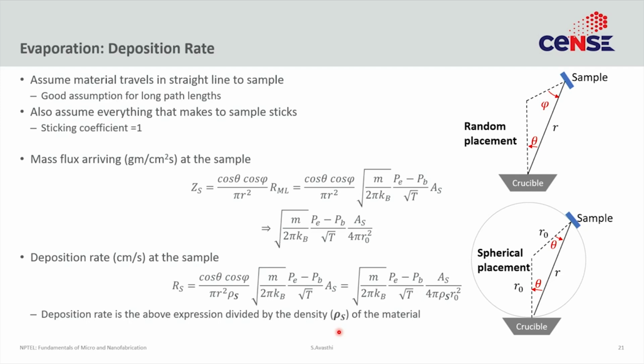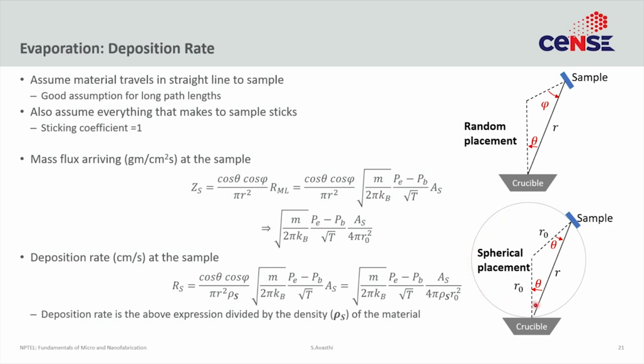A little bit of math on uniformity. Supposing you had a crucible, and for practical purposes assume that the crucible is a point source, and you have a sample mounted a distance r away at an angle phi and a theta. Now the mass arriving flux at the sample depends upon the two angles theta and phi. It depends upon the radius r. I leave you to figure out the math, but if you look at the math closely, you can see that for a special case